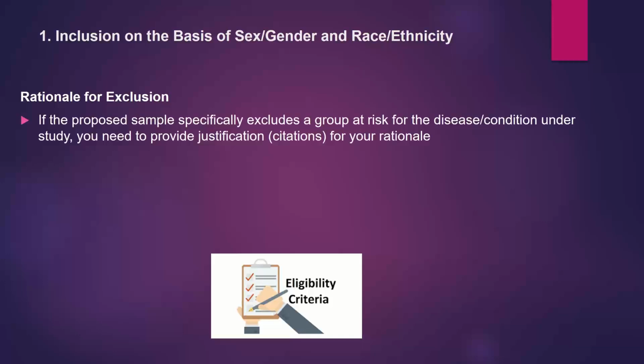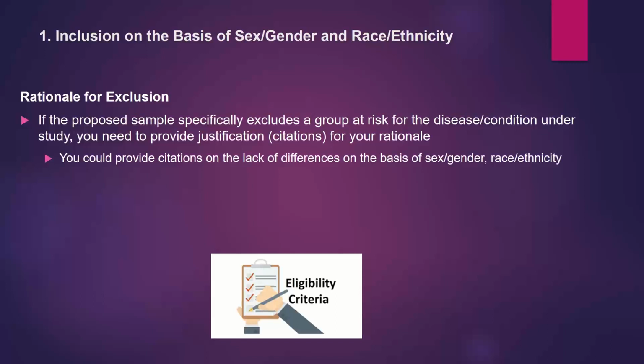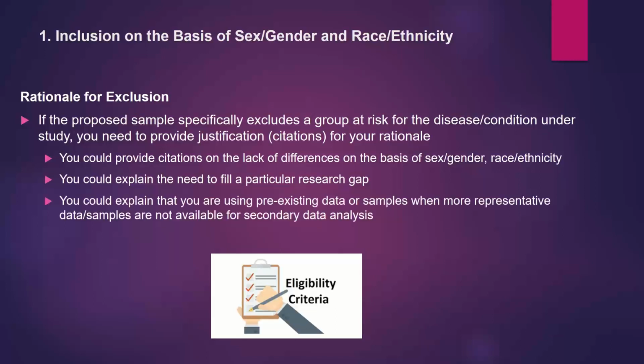So rationale for exclusion. If the proposed sample specifically excludes a group at risk for the disease or condition under study, you need to provide a justification for your rationale. You could provide citations on the lack of differences on the basis of sex or race and ethnicity. You could explain the need to fill a particular research gap. You could explain you're using pre-existing data or samples when more representative data or samples are not available for your secondary data